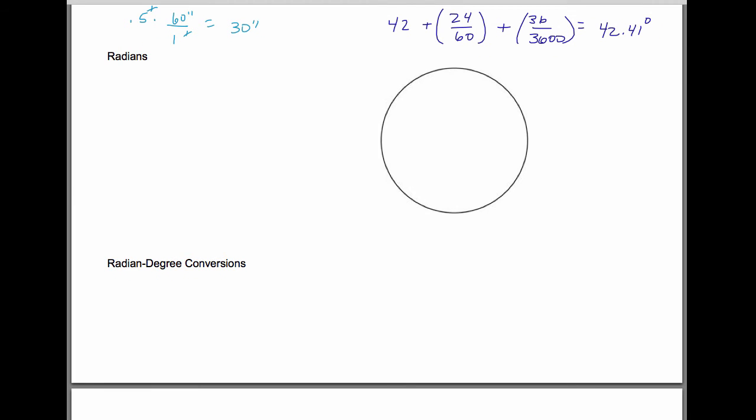Radians are another way to measure angles, and we're going to talk extensively about this when we start to talk about trig. But when we start to talk about radians, it's important to know this. Essential angle, and I'm going to call it theta, and that's a 0 with a slash across it, has a measure, and of note, this theta, that's what we're going to use as an unknown angle. So like x is what we use for an unknown value, theta is what we use for an unknown angle, has a measure